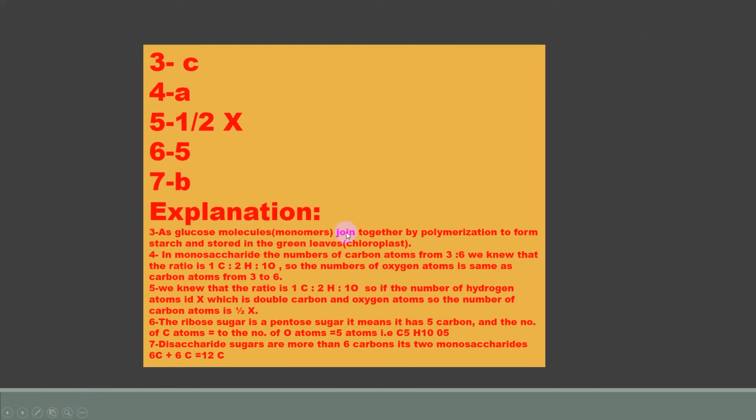What happened to the glucose molecule? They join together. How? By polymerization to form starch and store in the green leaf all the chloroplasts. So number 3, the correct answer is C. What's C? Polymerization. So for the glucose to